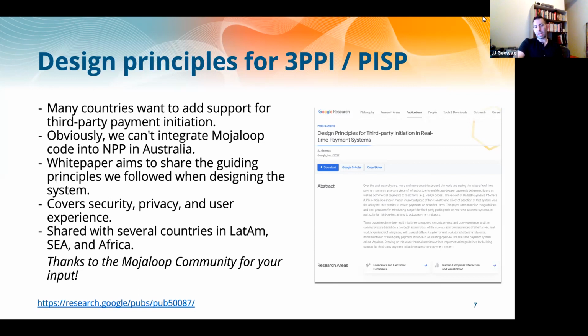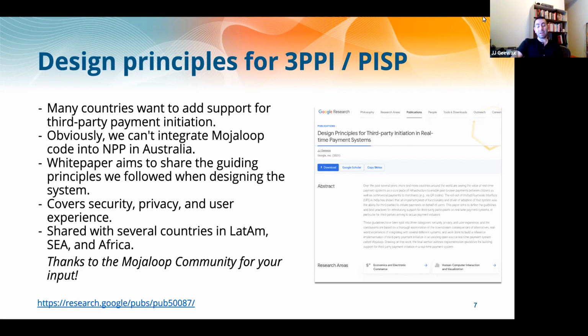We couldn't necessarily share that code. The code isn't really useful to other governments who are deploying their country's RTP systems, right? They're not going to look at the Mojaloop code and copy it to build their own thing. They're also not just going to lift and shift the Mojaloop Node code over, in TypeScript, to their system. And so we were thinking, what's the best way to help them understand and share as much as we can about what we've done here with our PISP, or third-party payment initiation through VPI?